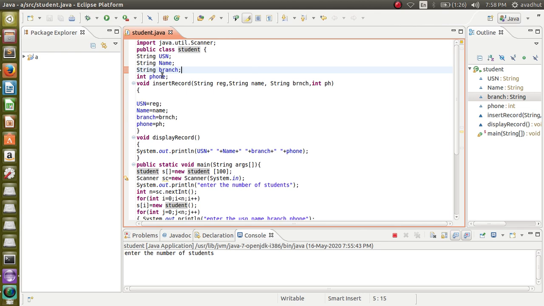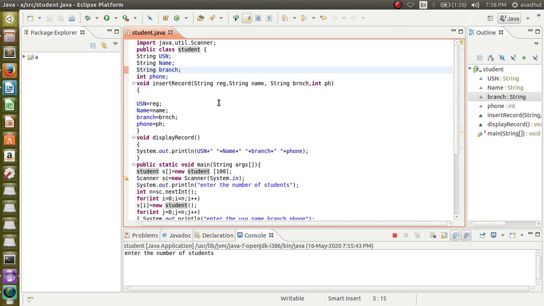Whatever variables we have declared, those variables will be given as the parameters here. Whatever we are passing as reg will be stored in USN, whatever name we are passing will be stored in name, and whatever branch we are passing will be stored in branch, and similarly for phone number.